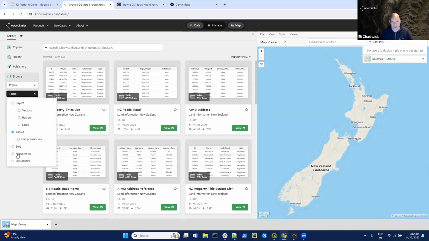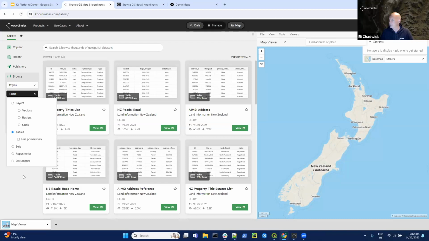I won't go into that too much today. And documents, so you can share like PDFs, docs, things like that. So it's not just geospatial stuff. You can upload any data that you want to share with your users, whatever that might mean in terms of internal users, external users. It's really just a data distribution system for predominantly geospatial, but we can accommodate all different